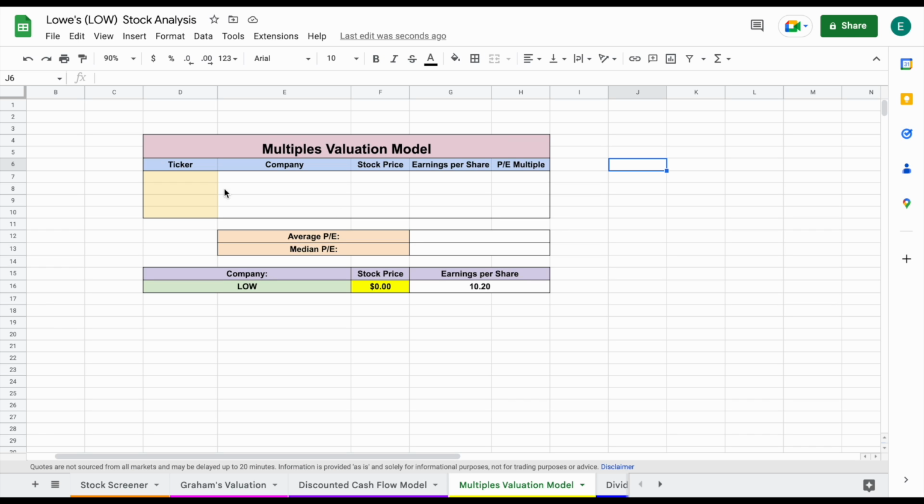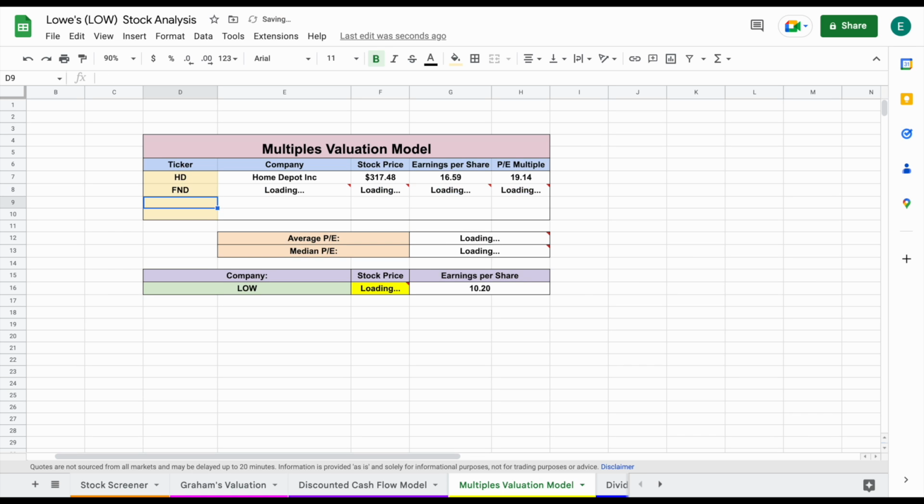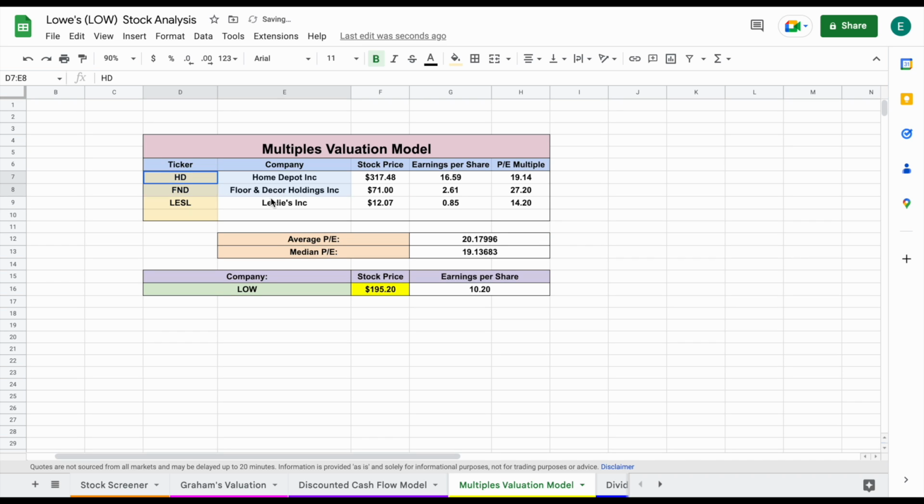But essentially, with this tool that I've created, all we have to do is we plug in some competitors of Lowe's right here, like Home Depot, FND, we can plug that in, and we'll say LESL. We have three competitors here for Home Depot now. We have their stock price, we have their earnings per share listed, and we have, most importantly, their price to